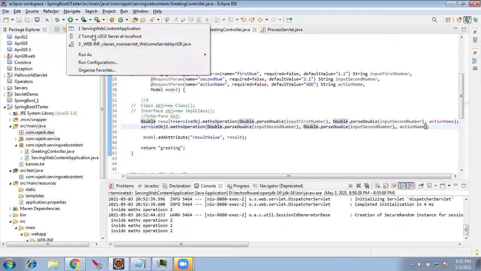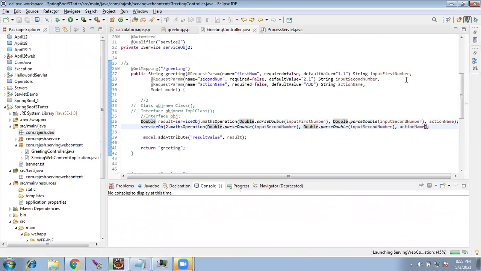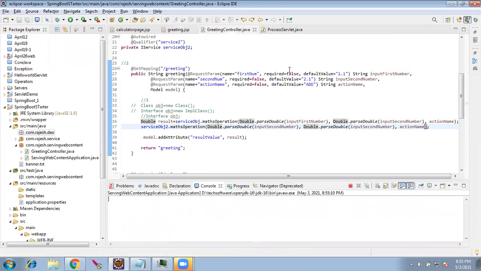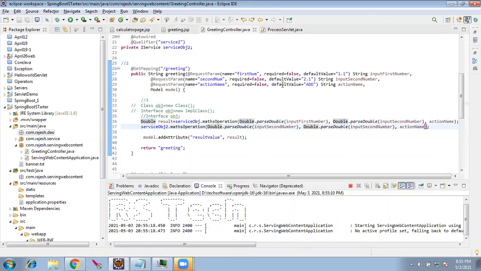So the same application which we built in servlet, we have done it here. We can copy the same JSP as well. Let me do that right away. We have the greeting.jsp.